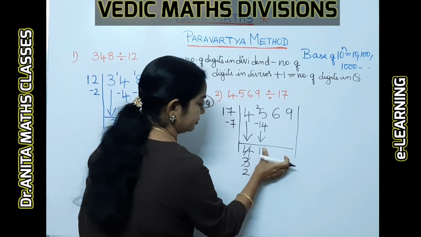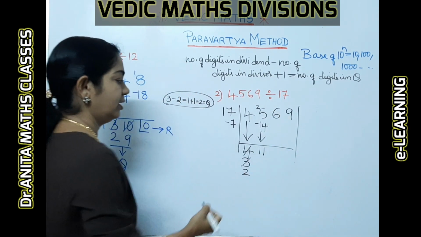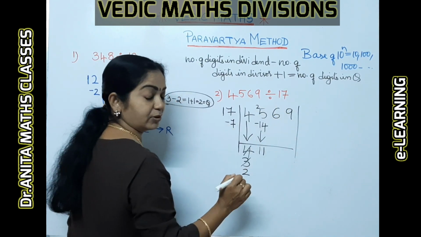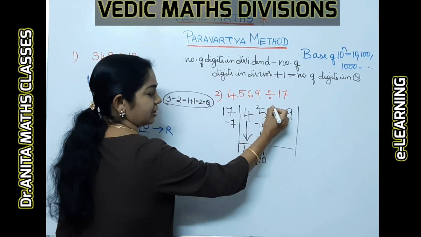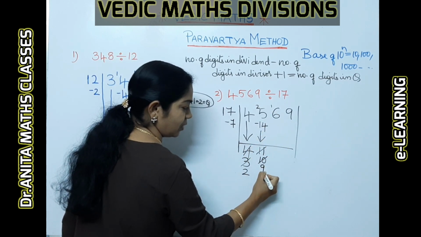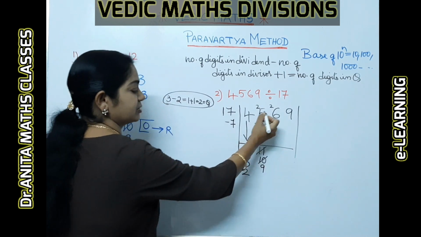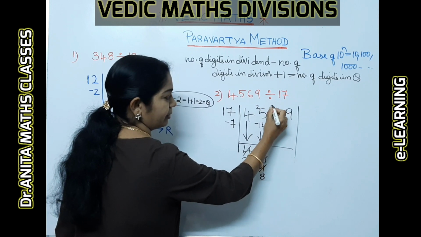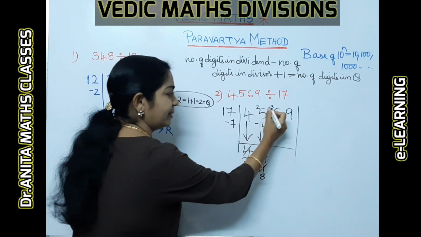Sorry, here the subtraction gives 11. Now 11 into minus 7 is minus 77. That is not at all possible. So decrease 1. 10 into 7, 70. That is also not possible. So decrease again, so that means 2. 9 into 7 is also not possible. So decrease again. How many times have I cancelled? 1, 2 and 3 times. That means 3 times I am decreasing, so I am placing 3.